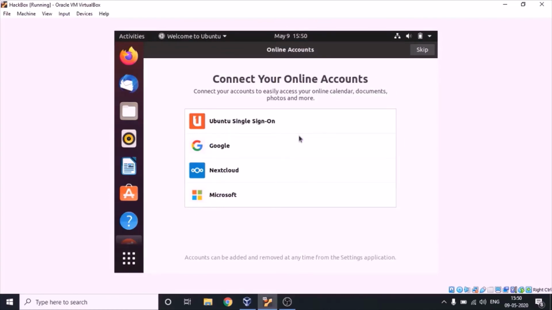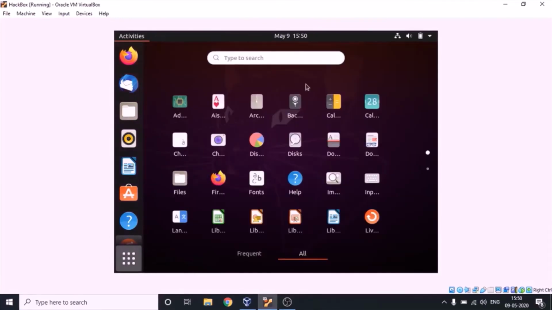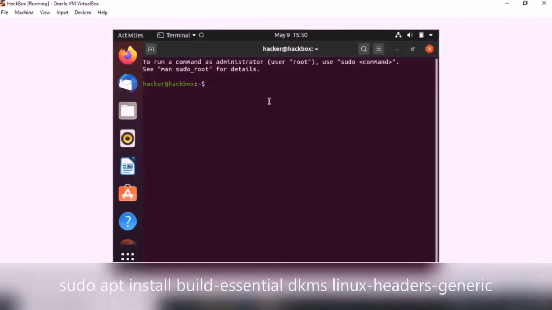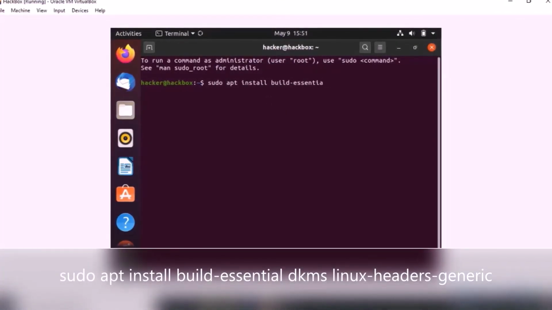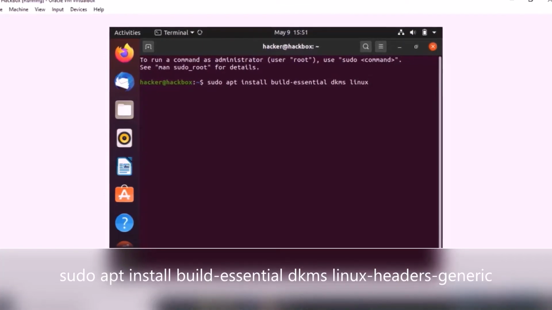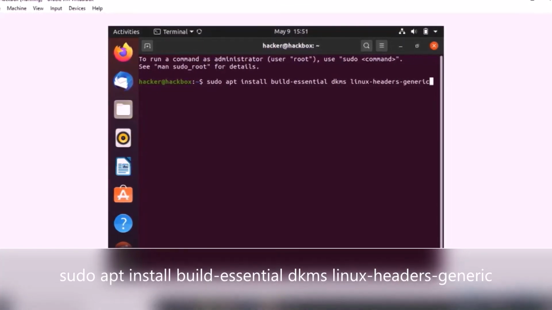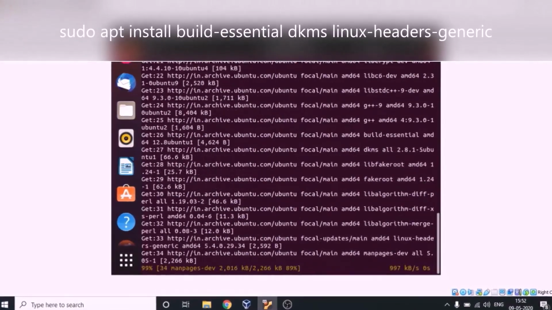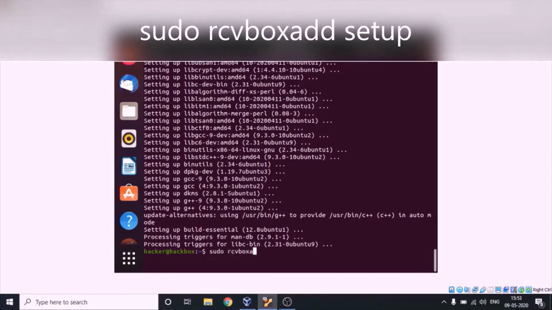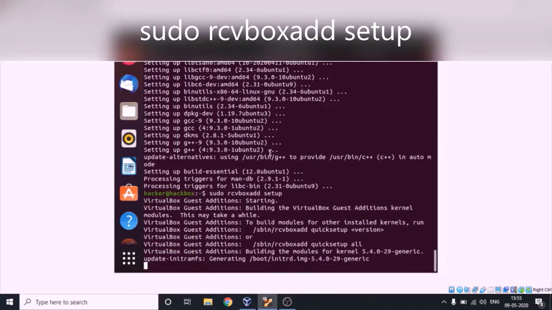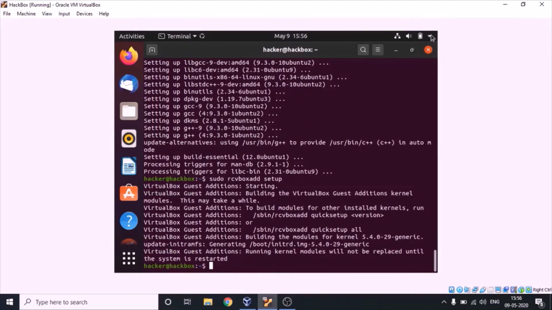Now we need to run certain commands. So let's open our terminal. We have to run another command, that is, now restart your virtual machine again.